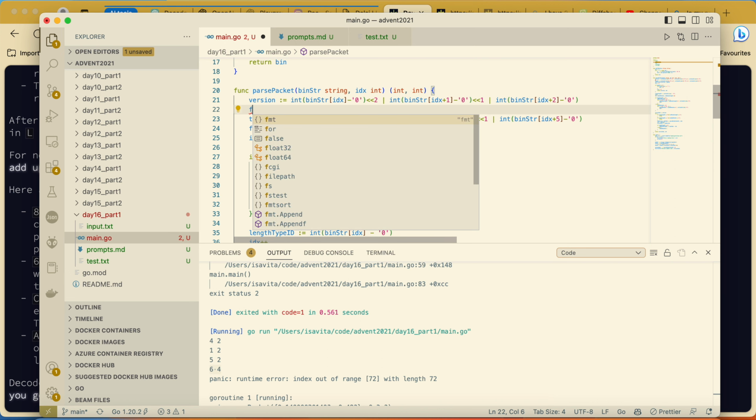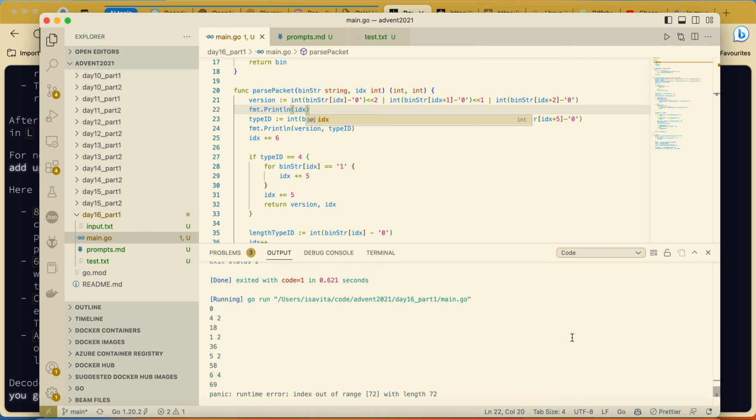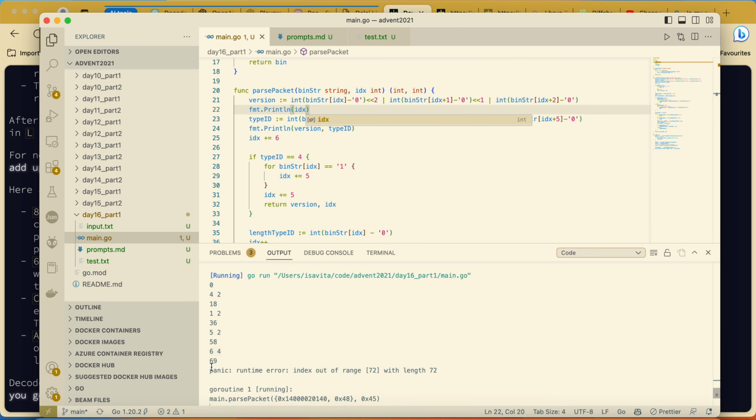We have in our case the index that has 69.